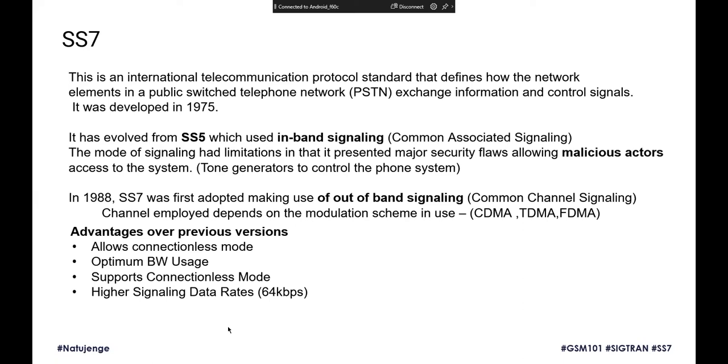Several other advantages of SS7 were due to the introduction of the 2 channels. It could support high bandwidth capabilities. It also supported connectionless mode. The data rate itself increased from 24 kilobytes per second, which was the case in SS5, but with SS7, we can now utilize up to 64 kilobytes per second. So going forward,